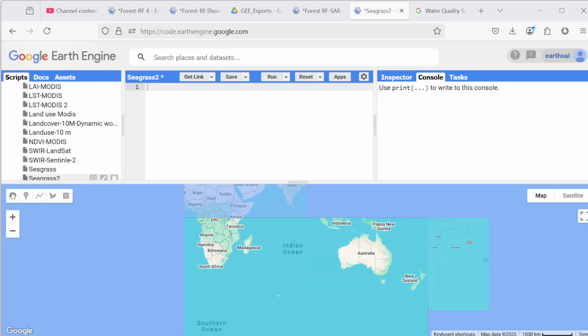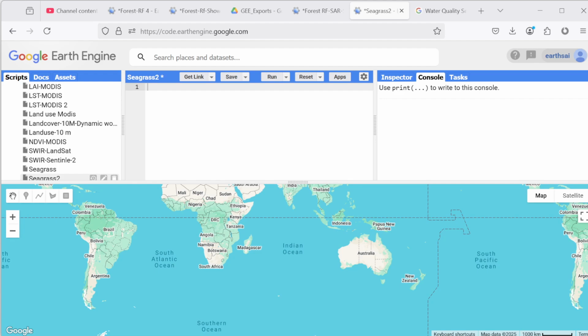Hi everyone. Today we want to learn how we can use the Sentinel-2 satellite for monitoring seagrass. Seagrasses are marine flowering plants found in shallow coastal areas and play a crucial role in maintaining the coastal ecosystem. These plants provide important ecological services such as carbon sequestration, habitat for marine species, and shoreline stabilization. Monitoring seagrass health is essential to understanding the impact of climate change, pollution, and human activities on the